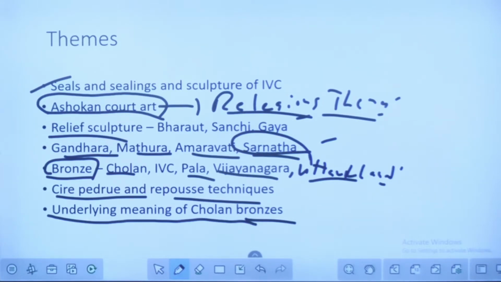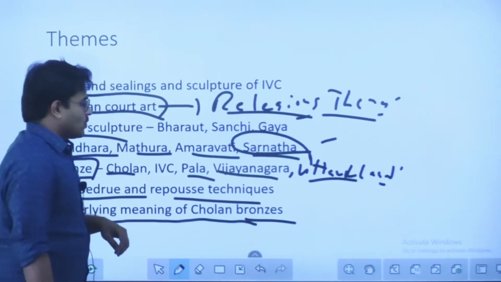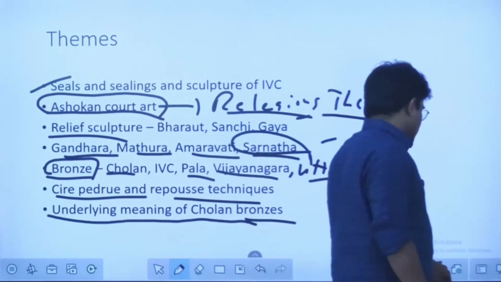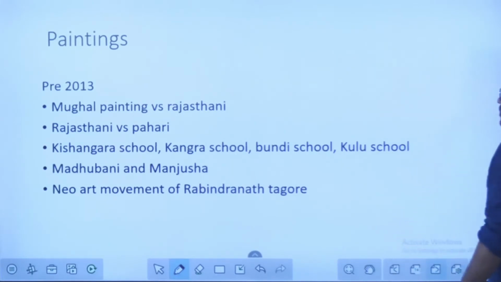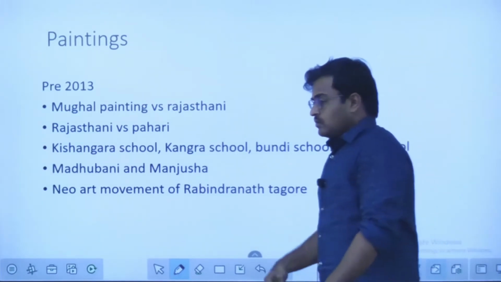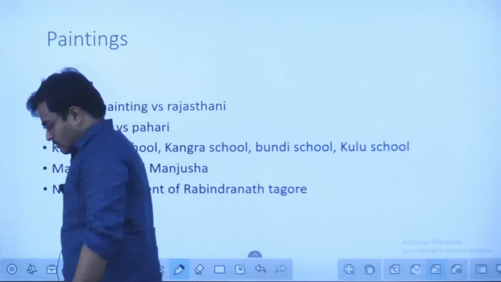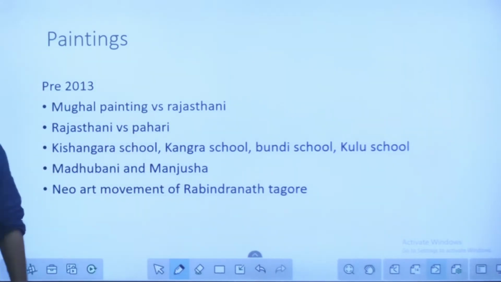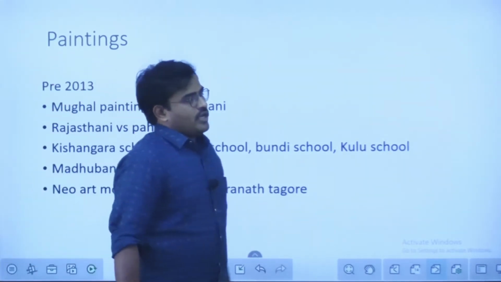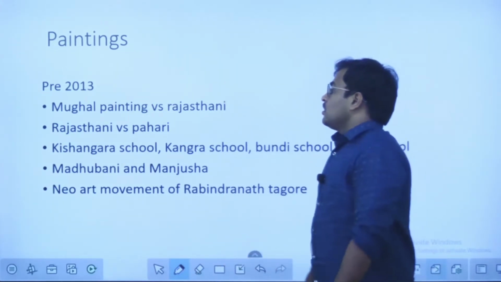In your answers, you can include all this information. The underlying meaning of Cholan bronzes also they can ask as a question. Next one is paintings. And when it comes to paintings, in the pre-2013 period, they have asked questions like a comparison